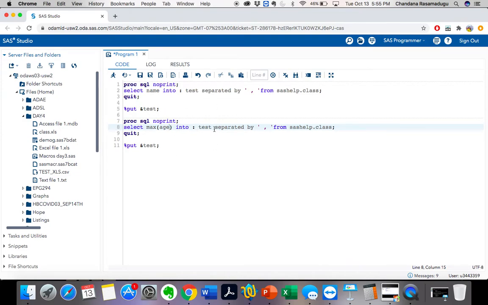How can I do that? For that I don't need to give the separated by, because I want to know the maximum age that is present in the age variable in this SASHELP.CLASS. Here my macro name is test1, so here also let's give test1 and let's execute this.